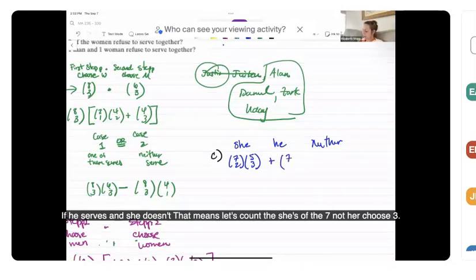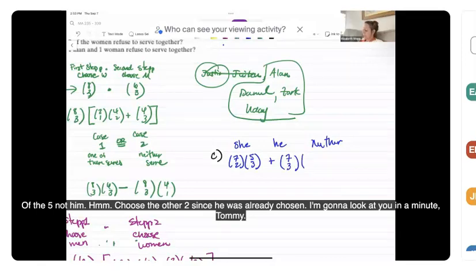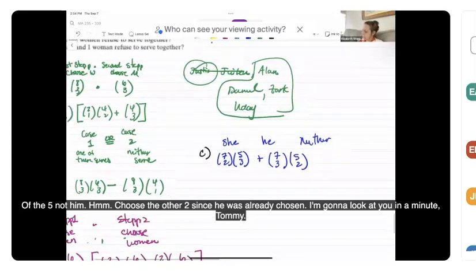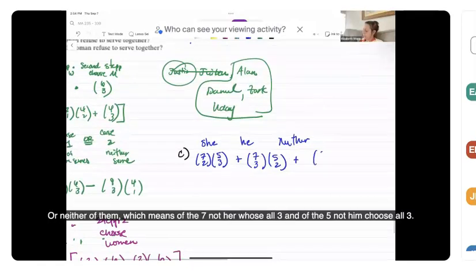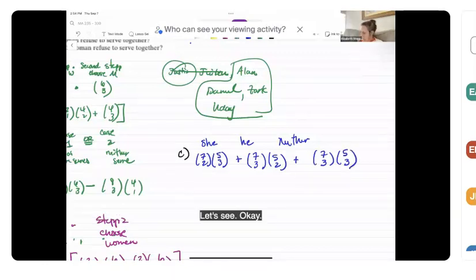Of the 7, not her, choose 3. Of the 5, not him, choose the other 2 since he was already chosen. I'm going to look at you in a minute, Tommy. Or neither of them, which means of the 7, not her, choose all 3. And of the 5, not him, choose all 3. Let's see. 8,